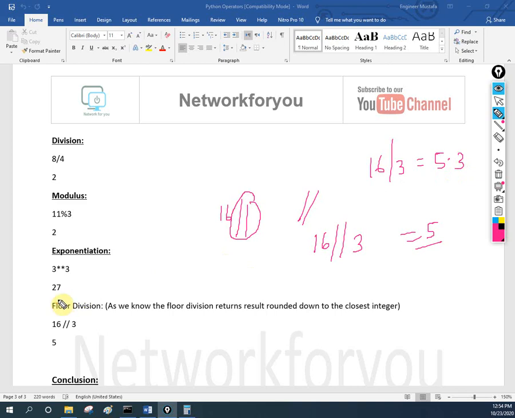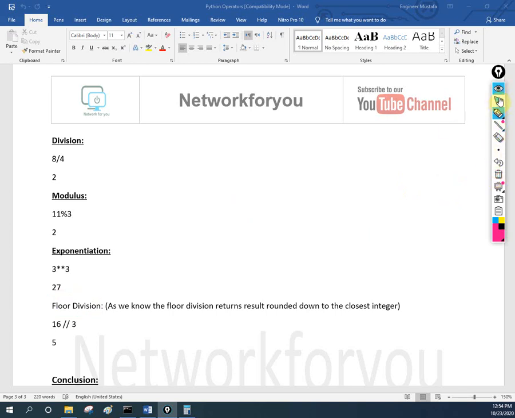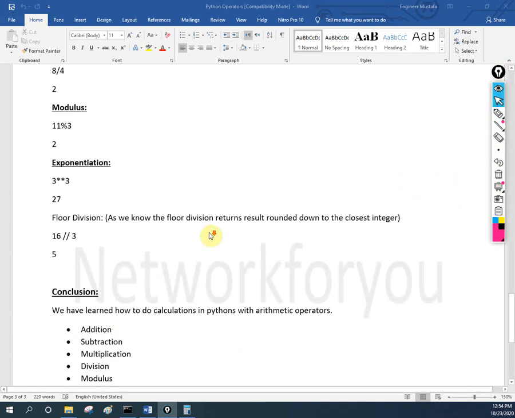So with this floor division operator, what we are doing is rounding the number. Means if we have 5.3, we are rejecting this 3. If we have more than 5, like 5.7, then we will take 6, like this. In some scenarios, we need to do it this way also. That's why we are discussing it, because Python supports this also.